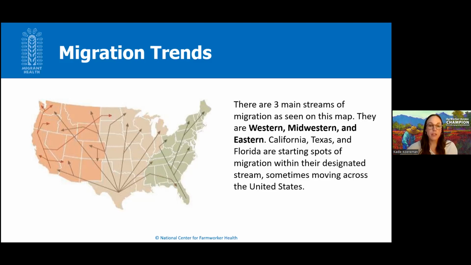Our third pattern of mobility is nomadic. These ag workers travel to wherever there is work. They usually do not know when or to where they will move next. And they're typically foreign-born young single men. And there's been an increase in this pattern of mobility due to the increase in H-2A workers across the country.